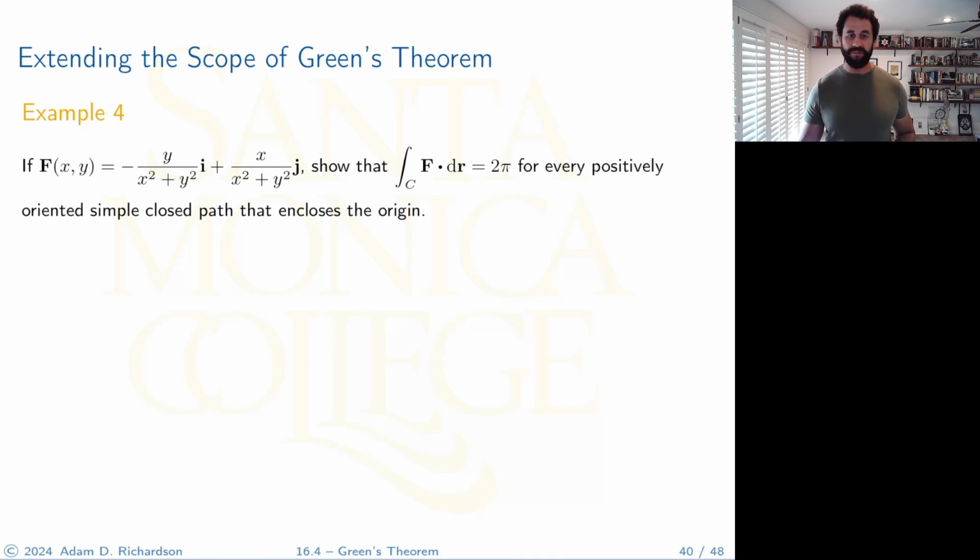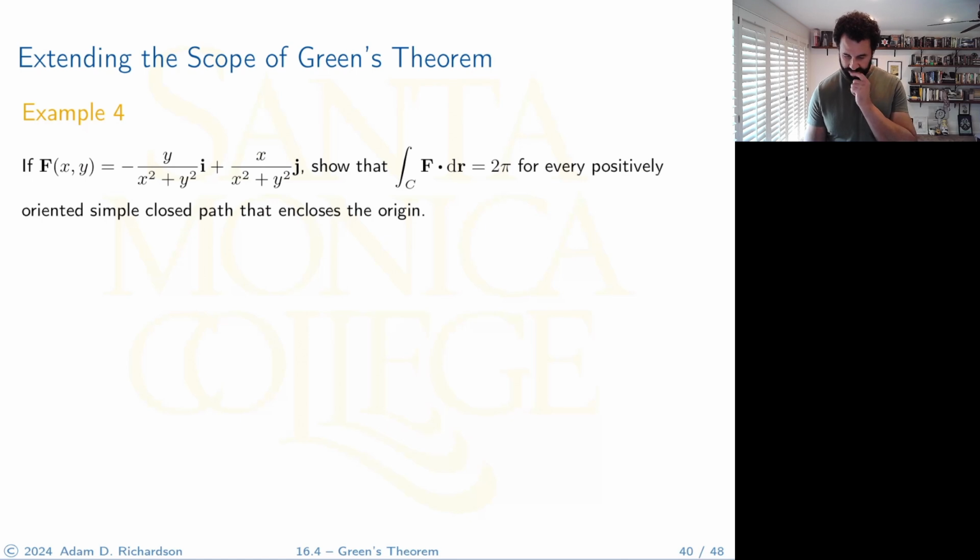All right, I'm going to read it out loud again because it's always like, wait, what does this say? That's half the battle in math: when you're doing these problems, you have to read the problem a dozen times. So here's our vector field. We want to show that this line integral is 2 pi for every positively oriented, simple, closed path that encloses